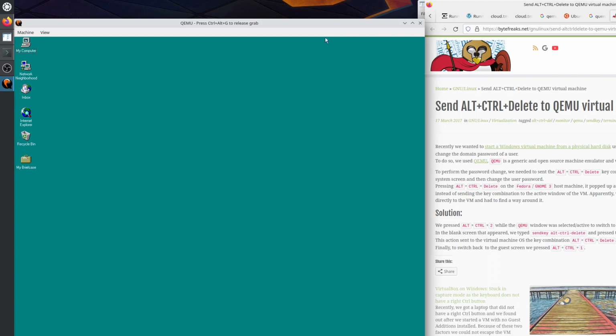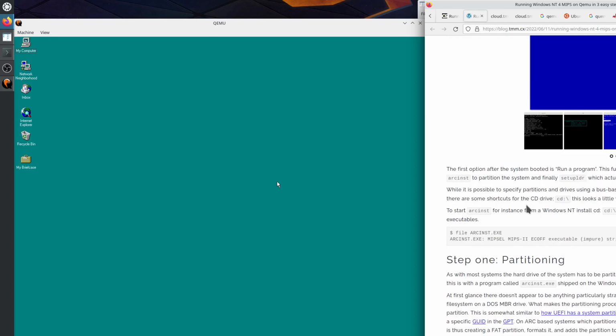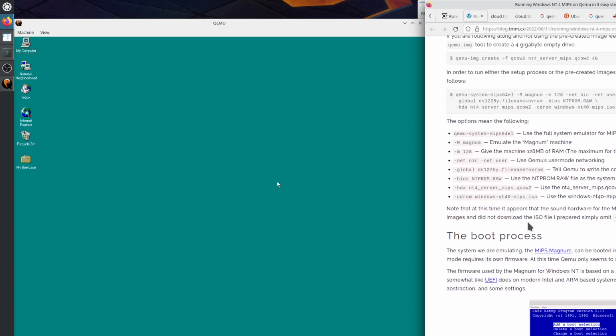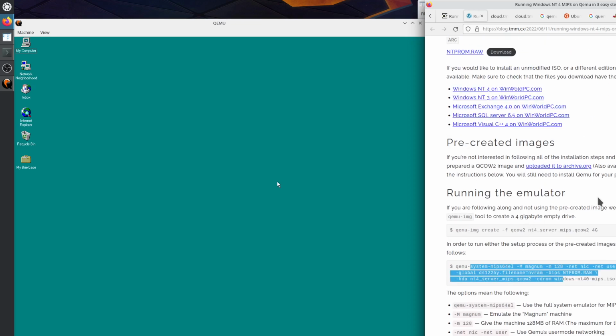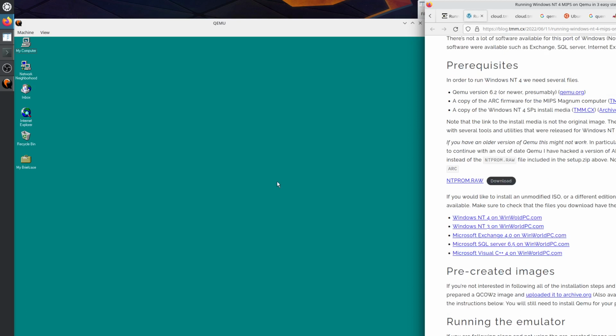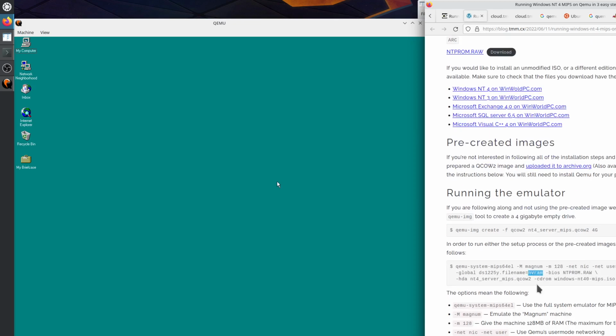Okay, and we're back to where we started with using the pre-made qcow2 image. We use the ready-made qcow image, which is this one. And then we created the qcow2 image from scratch using these steps. We've downloaded this zip archive with the ARC and this ISO. This file was created from scratch,